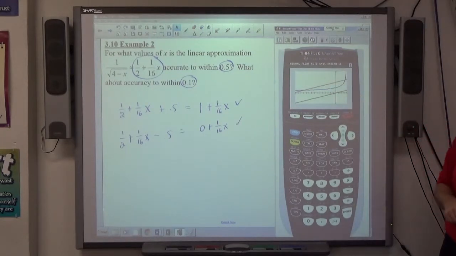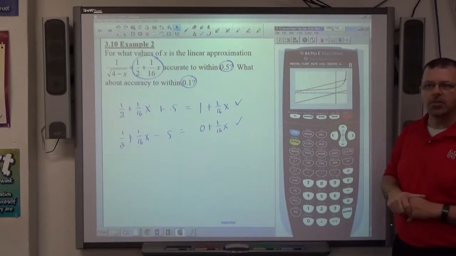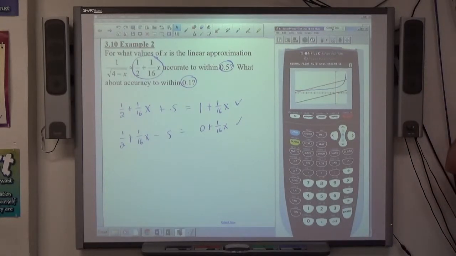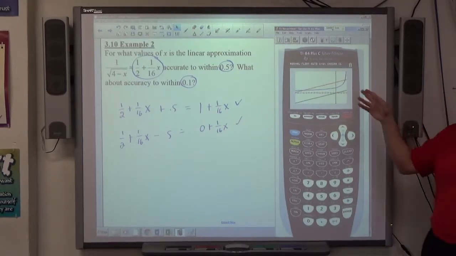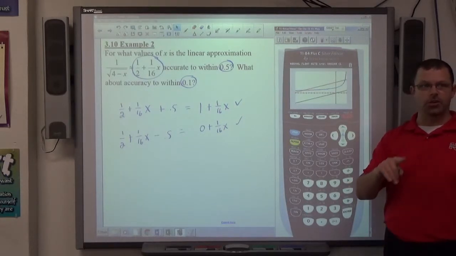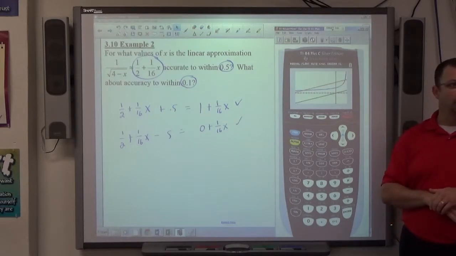I look at this picture like this. And what I want to find is this point and that point. Those are the x values. All right, so how do I do that? Calc intersect. We're trying to find a point of intersection, okay? Now, usually when we do calc intersect, we have one point of intersection and two curves. Now we have three curves and 2 points of intersection, so we have to be a little more exact about